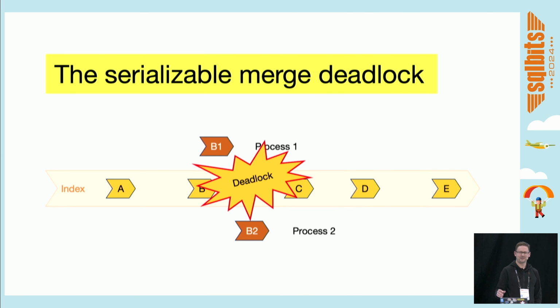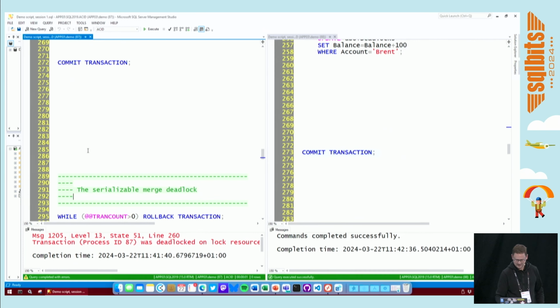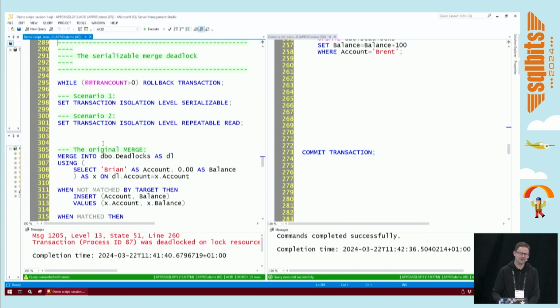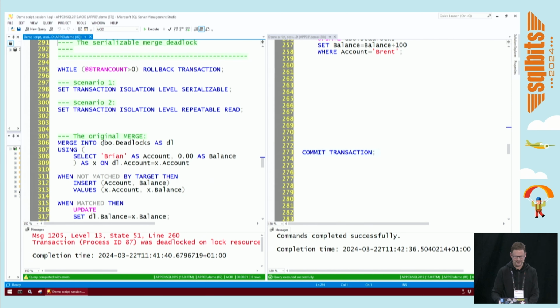So the guess was we scanned the table to see if the rows exist, but the table has a unique clustered index. So we would actually just have to see exactly if that row existed. But I'm not going to spoil it for the others. So I actually have a demo for this. This took me a while to figure out, because I've given you more hints than I actually had when I tried to solve this problem.